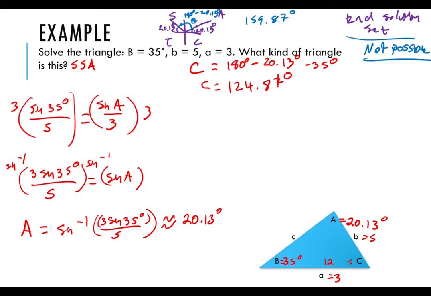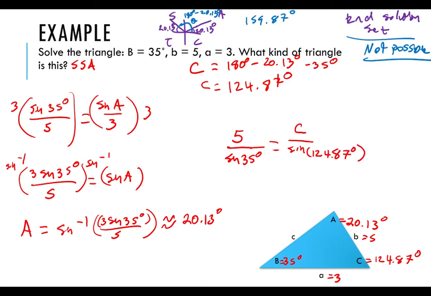Of course, it's an approximation. Angle C is 124.87 degrees. But now that we have angle C, we can find side C using the law of sines again. That's going to be side length B, or 5, divided by sine of 35 degrees, equal to side length C divided by sine of angle C, where angle C is